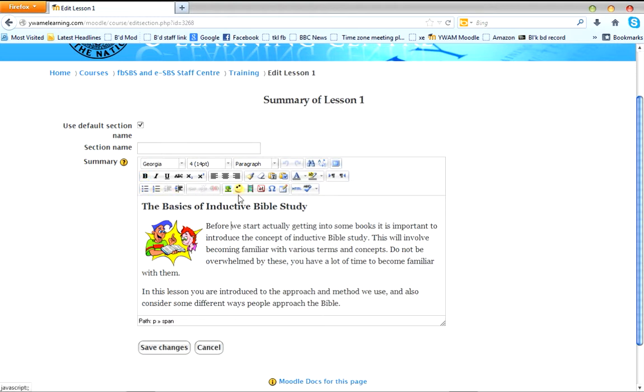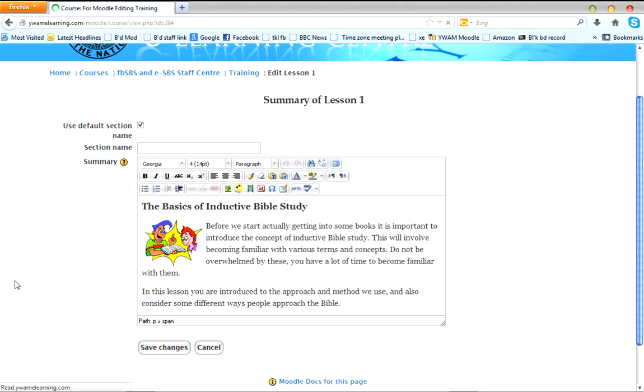You have various commands here for adding an image, for justification, for setting the characteristics of the text, the size of the font, the kind of font, and so on and so forth. All this, I think, is fairly straightforward. But of course, you do need to block things first, and then you can change the fonts. And then at the end, you save your changes